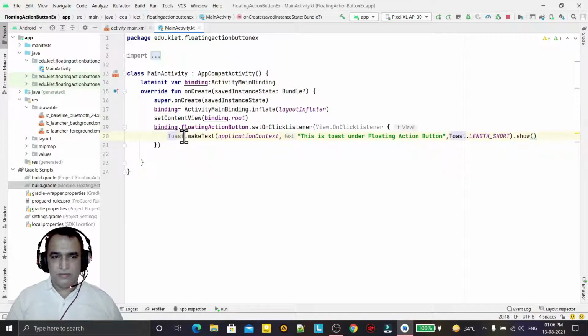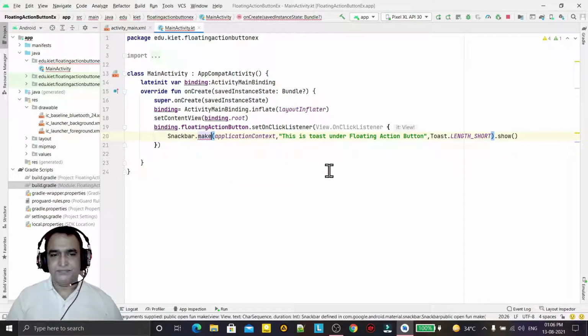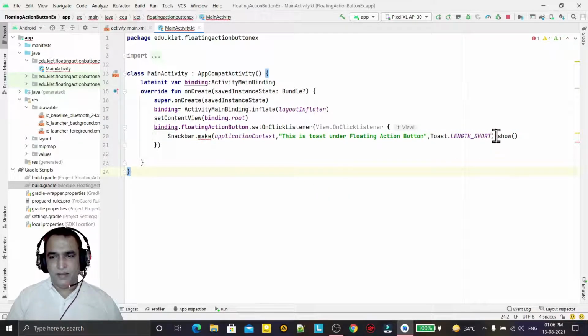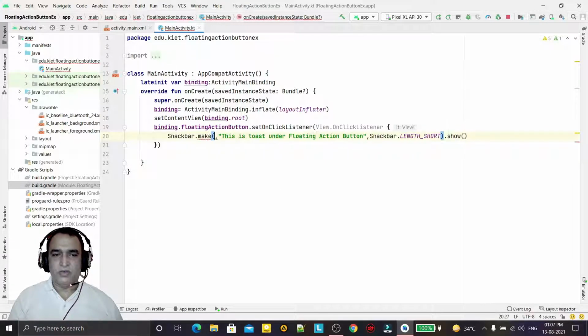For example, I'll show you how to use the snack bar like this. In place of makeText we give make here, and in place of the toast duration I use the snack bar duration, and here we have to pass the object of the layout on which you want to display this snack bar.